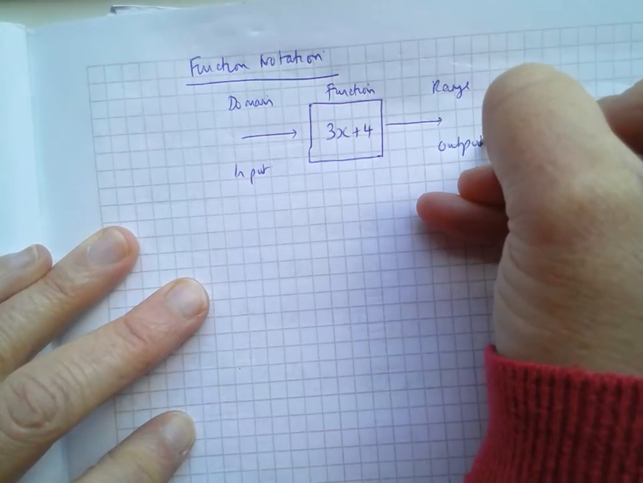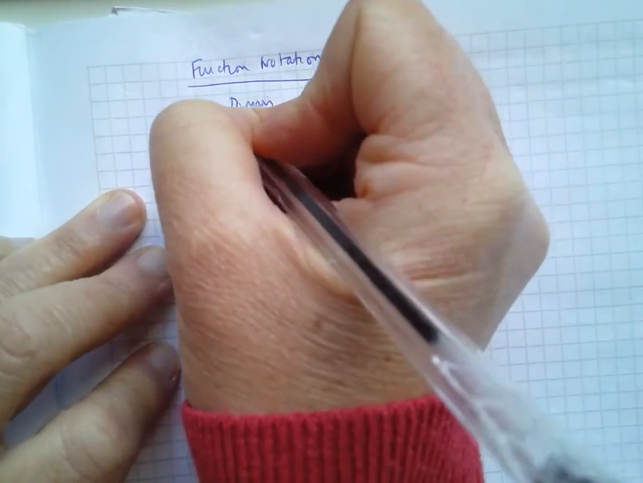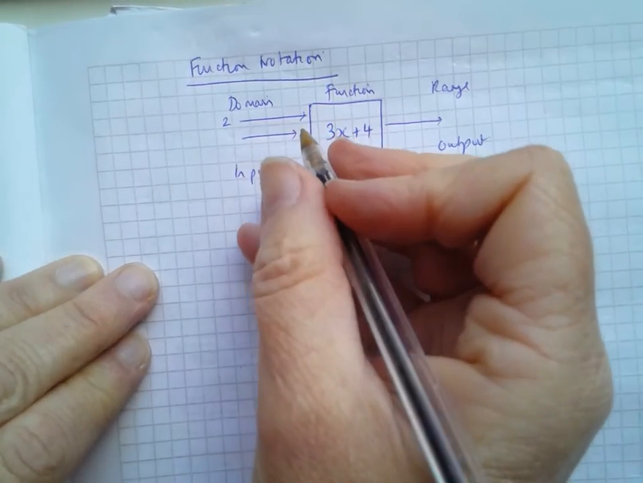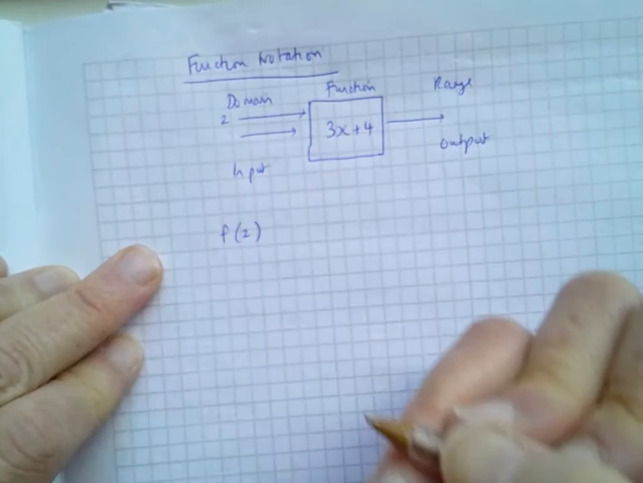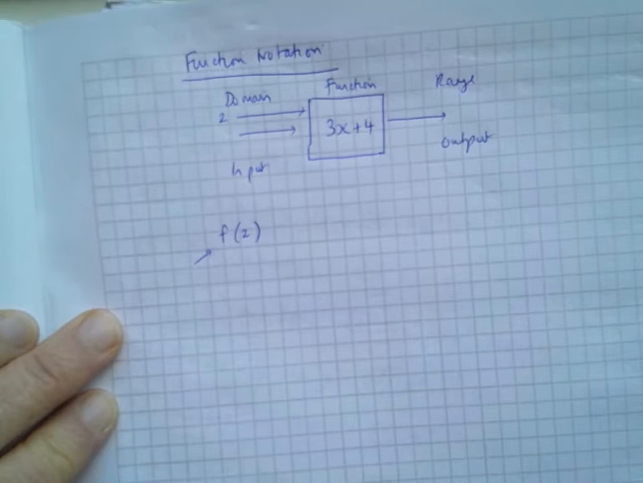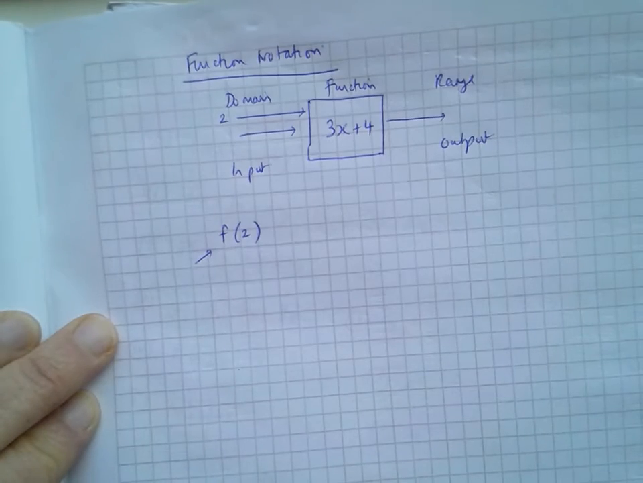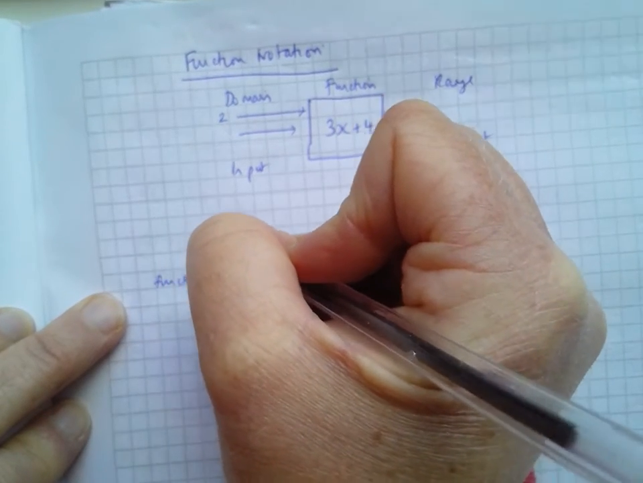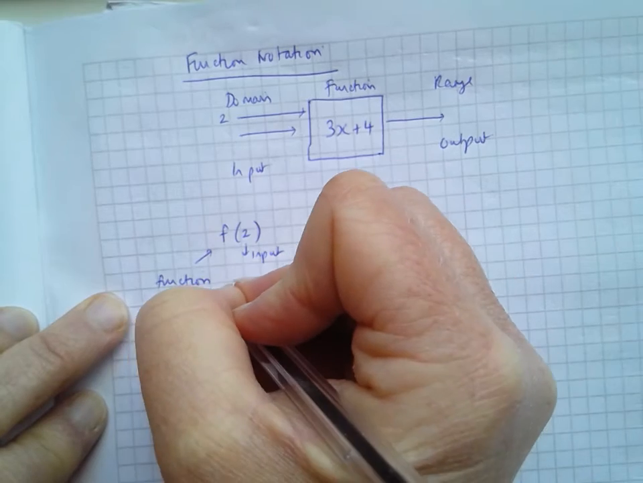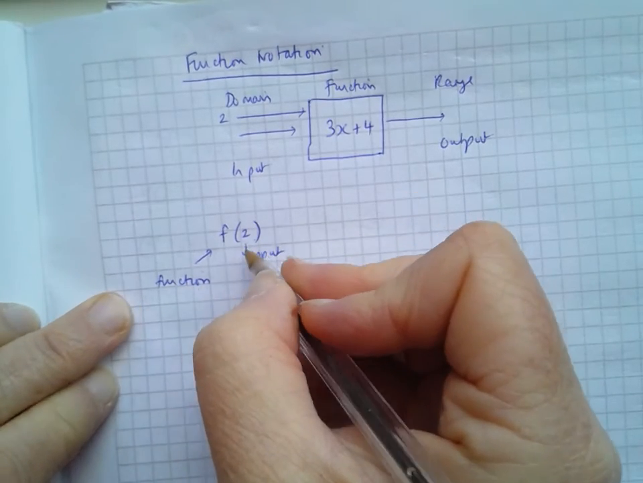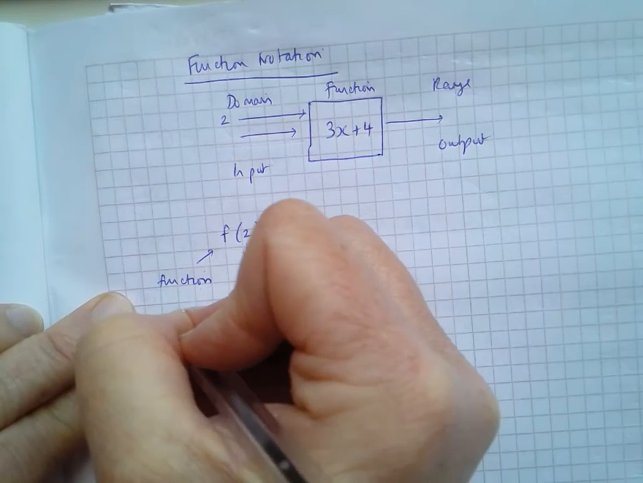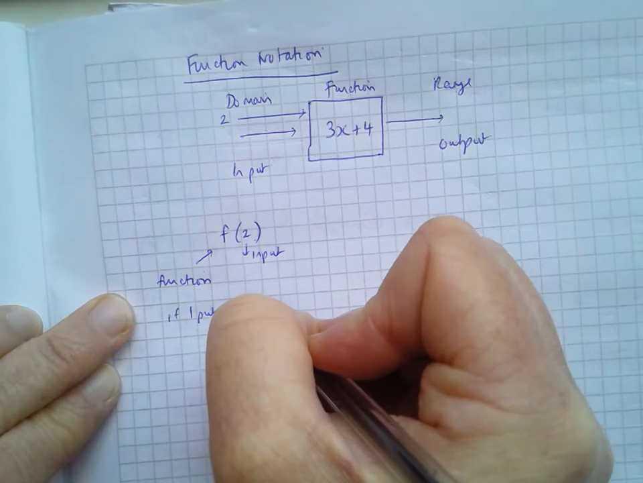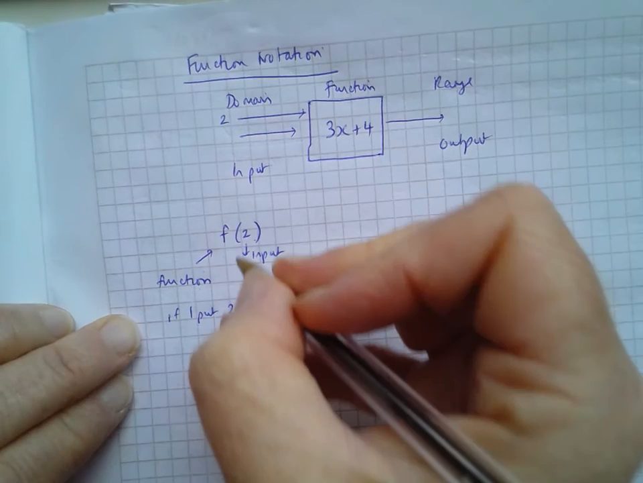So say we put in 2. In function notation, we have a maths way of writing what we're doing. And what we're saying is f of 2 is how we put it, f being the function, 2 being the input. So what we're saying is the function of 2. If I put 2 into my function, that's what that means. Okay, f of 2 equals